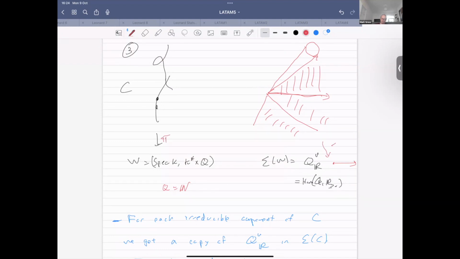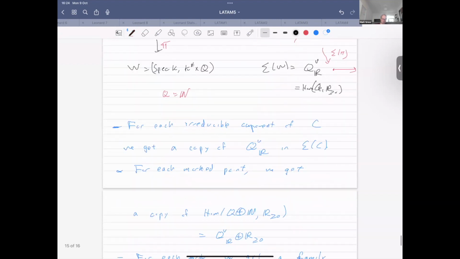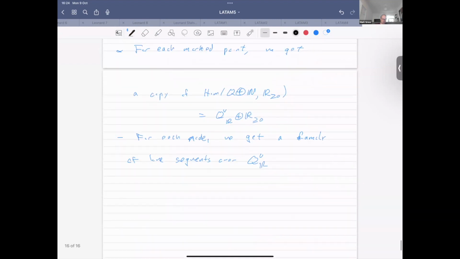I have a map, which is the tropicalization of pi. And the fibers of sigma pi are tropical curves, i.e. graphs